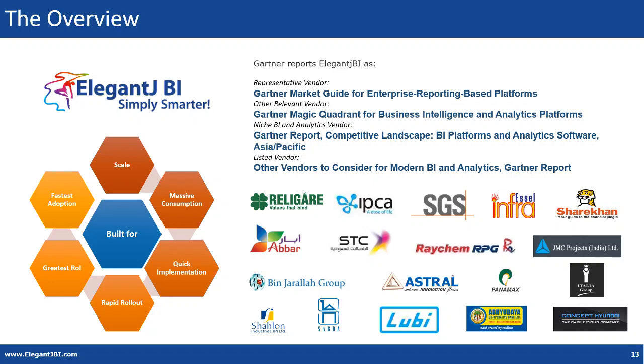And this is a presentation on one of the key features of ElegantJ BI, which is the time series. For those of you who are seeing this series for the first time, ElegantJ BI is a complete business intelligence platform used by customers around the globe. They include customers who have users in thousands and customers who have a small setup and have up to 25 people into analytics. It's a very sturdy product known for its ease in scale up, its ease in usage, its amazing return on investment, and